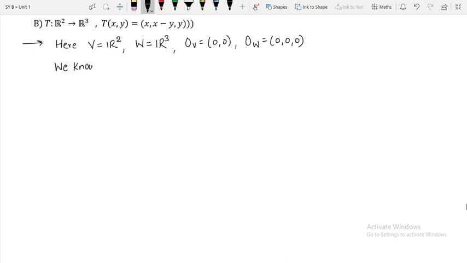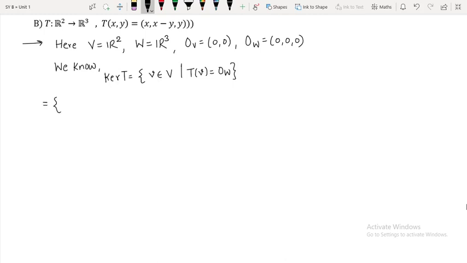We know our kernel of T is equal to set of all v belonging to V, such that T of v is equal to 0 of W,